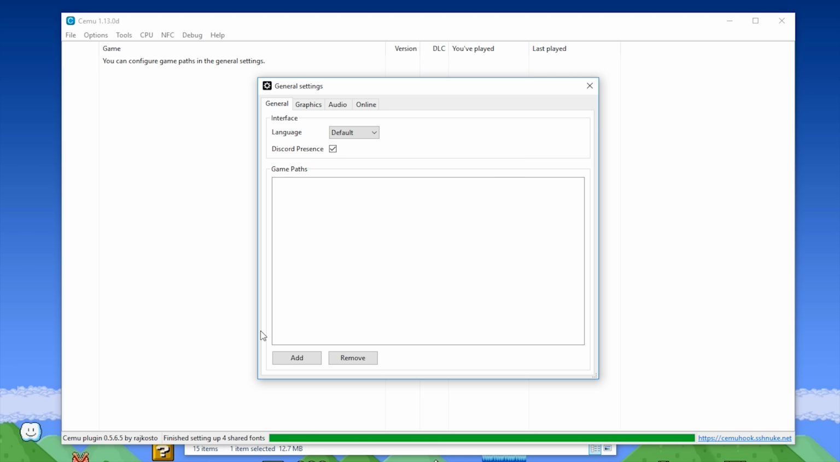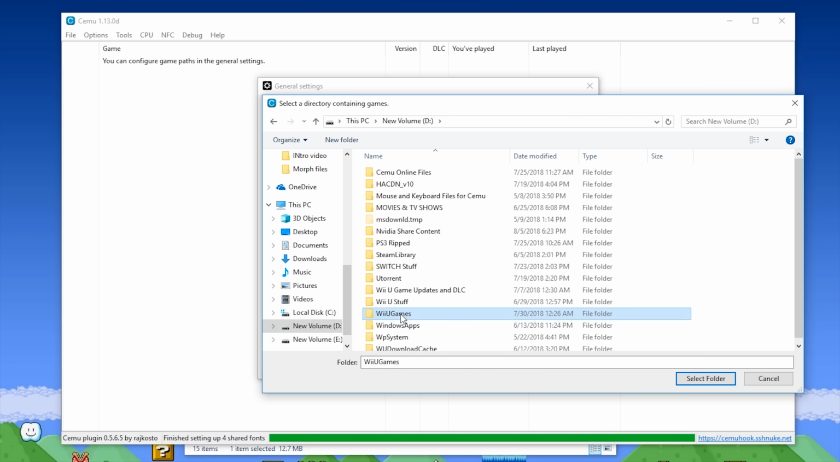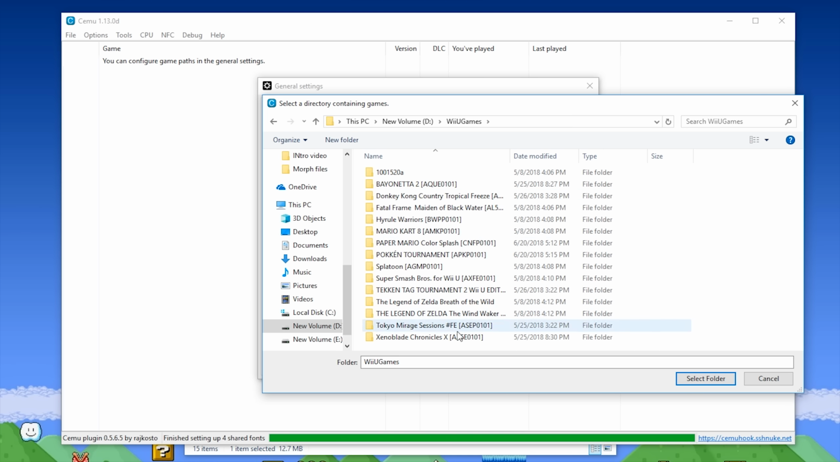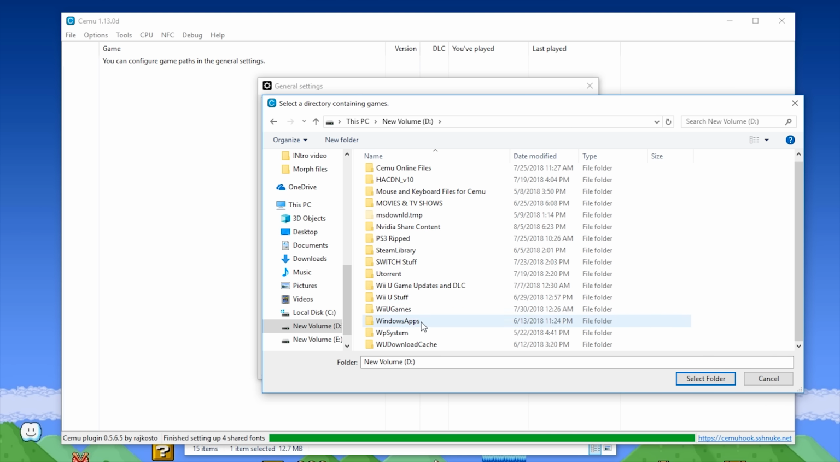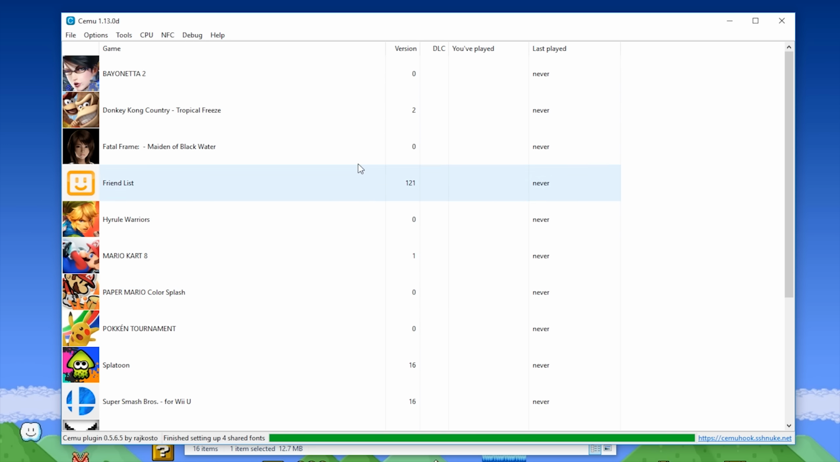Next, to add your games to your games list, all you need to do is select your game path, and if you followed my Getting Games guide, yours should be stored in a folder that is titled Wii U Games. This is my folder right here. Please be aware that you do not select your individual games, you need to select the folder which contains all of your different game copies. Simply select this folder, click Select Folder and close this window, and all of your games should appear in the